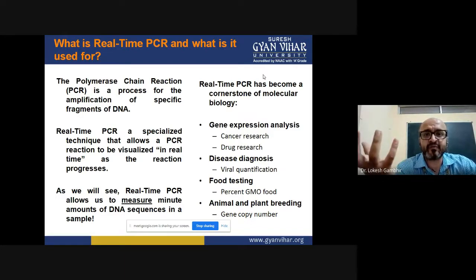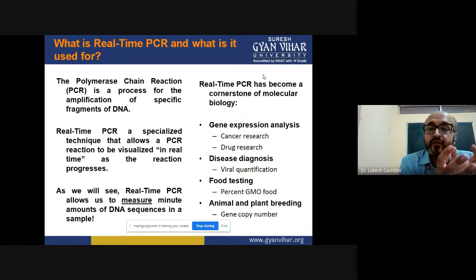I will check the number of mRNA molecules, the expression profile of that gene, using real-time PCR, and we'll see whether that particular gene is active or not, and if it is active, whether the expression is very high or low. Or if I'm going for drug designing, drug research, in response to my drug, whether the expression of certain proteins, certain genes is getting elevated, or whether there is an inhibition or suppression in the expression of certain genes, that also I can monitor with real-time PCR, and that we do routinely in our labs.